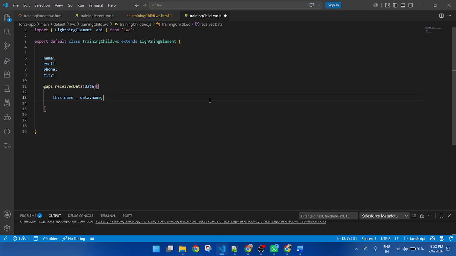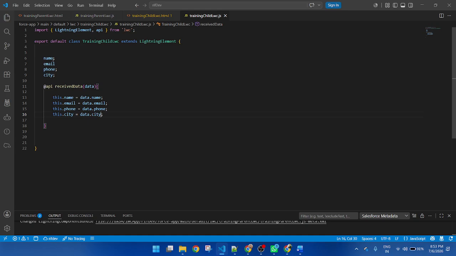Okay. Now similarly copy and paste. This is email, data dot email. Then phone, then city. Okay.